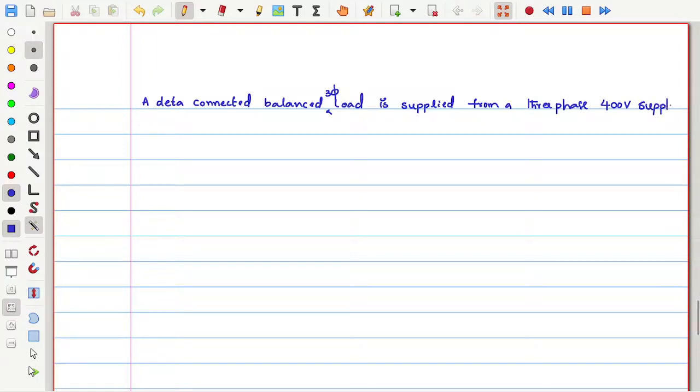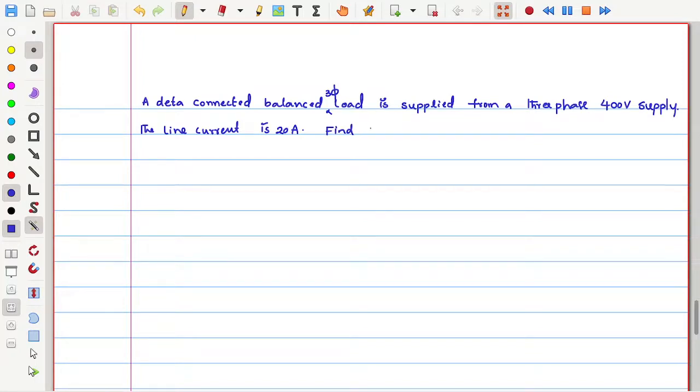The line current is 20 amperes. So what we need to do is find